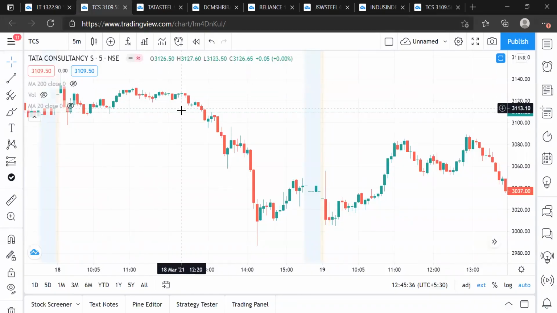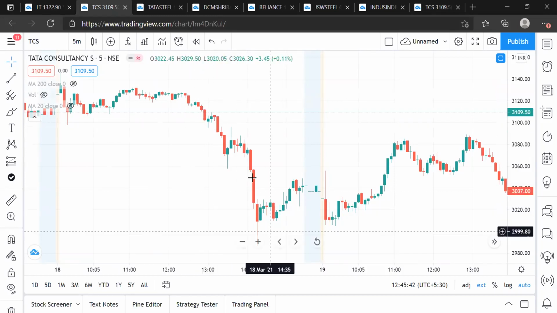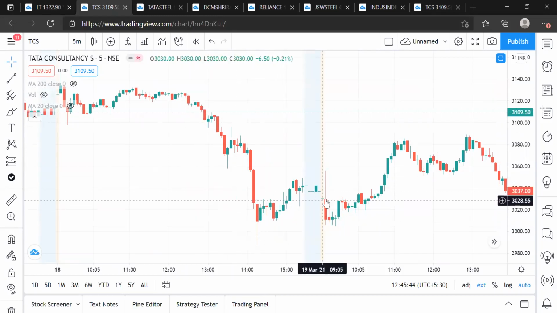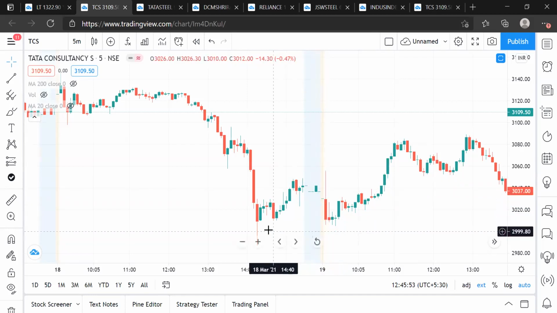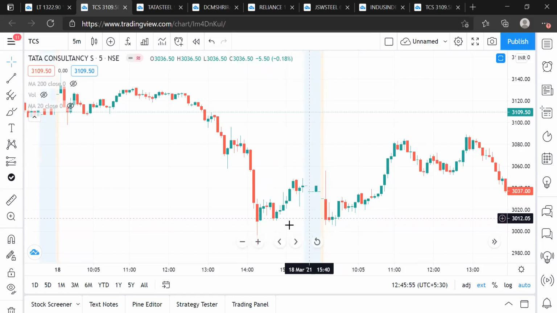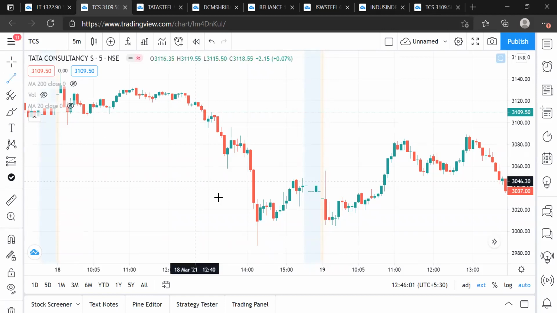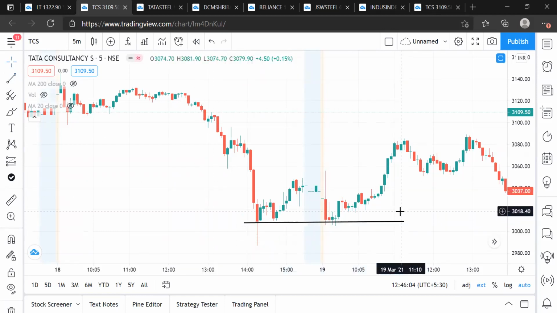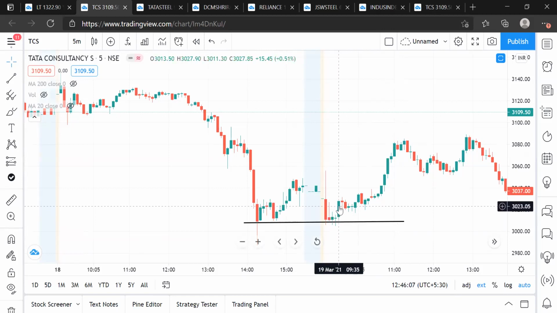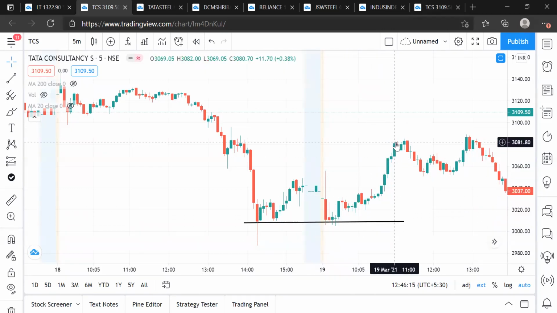Another example, TCS 5-minute chart. First condition, the price should fall during the previous day. Second condition, the price opens higher on the next day. And the third condition, once the price gets close to the previous day's low, please observe my cursor. The price got close to the previous day's low and it started to find support over there. We had these above average green bars, we bought with a stop loss below the low. And look at the kind of rally we had after that.